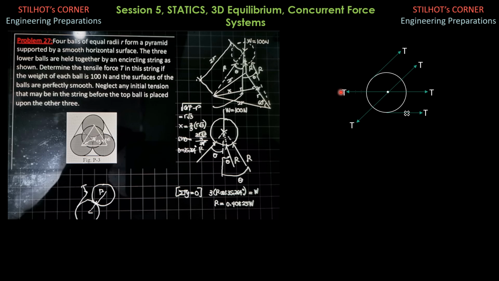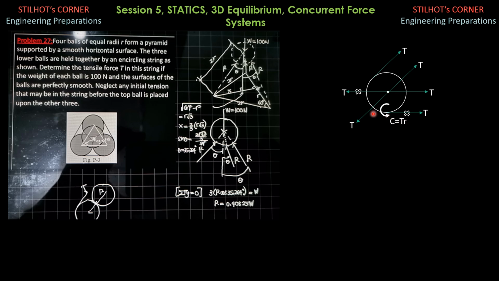We can remove them and replace that with a couple which is counterclockwise, and the magnitude is tension times R because the distance between them is R. And I replace that with this couple. The magnitude is TR, counterclockwise. So take note that these two tensions here are removed. So they're no longer part of the system. But this couple TR is now part of the system.